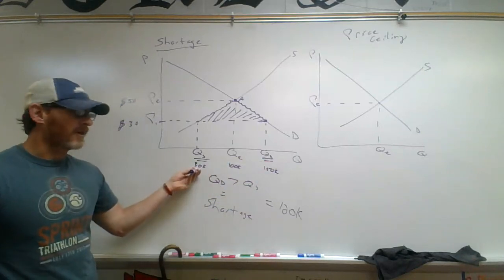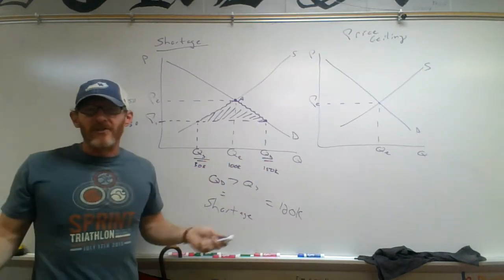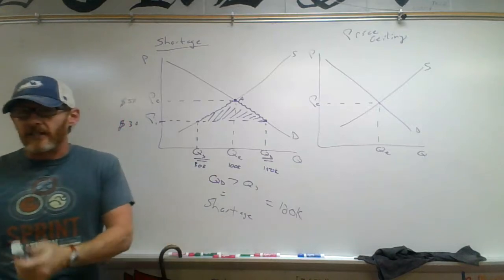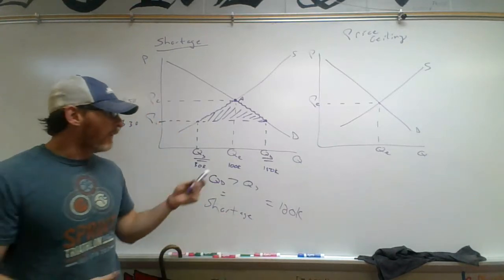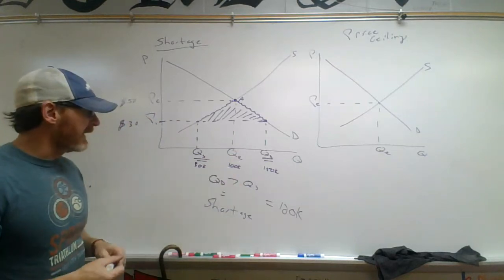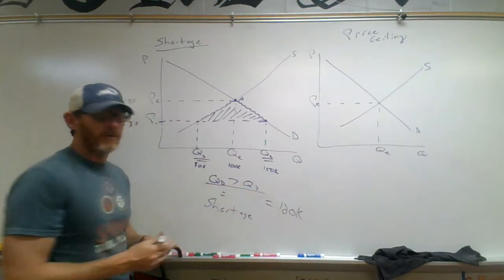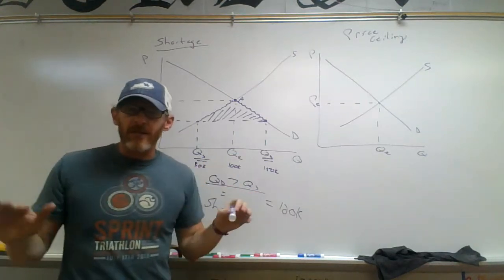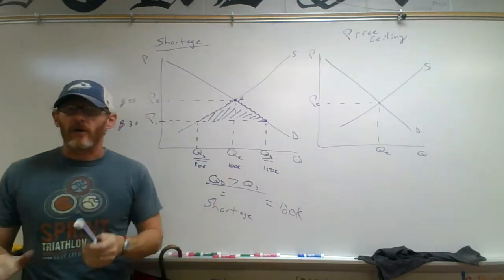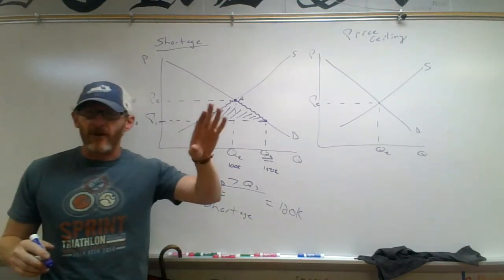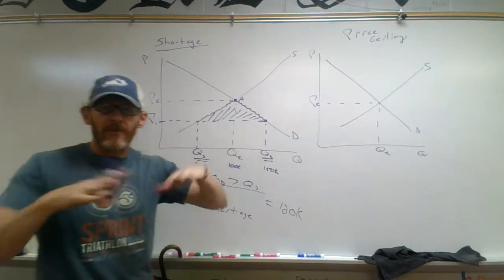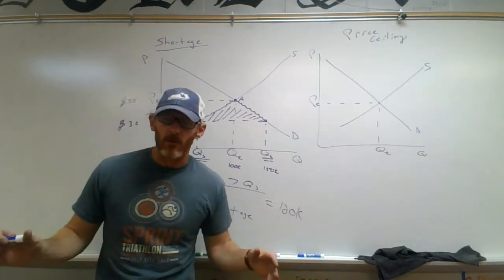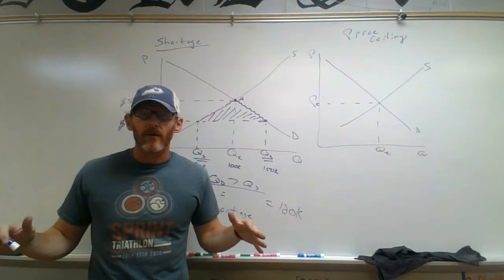Here's how many firms are going to supply. And so we just don't have enough, right? Maybe lines for shoes. People can't get shoes, whatever. And so this shortage has been created as quantity demanded is greater than quantity supplied. Well, assuming there's no barriers to entry or exit, assuming there's no government involvement, well, the market can fix itself, right? So if there's lines for shoes, there's tons of people who want shoes and they can't get them, then